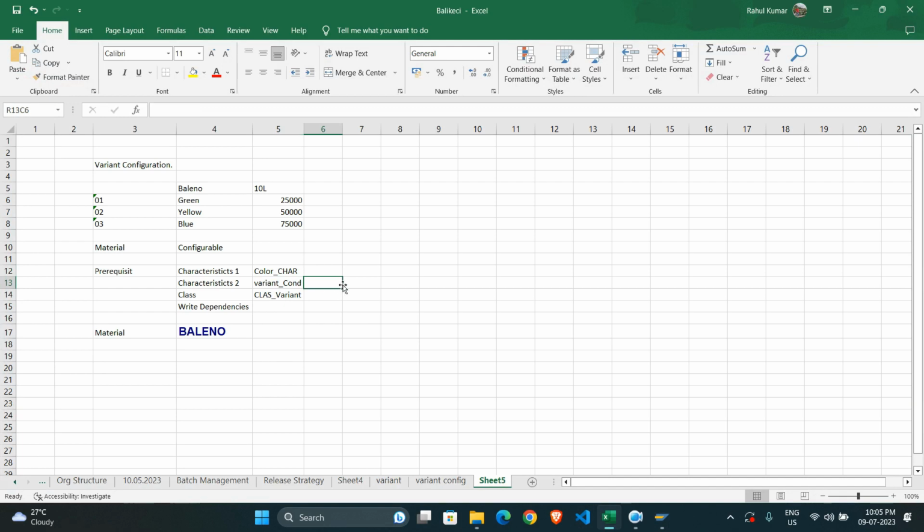See, in this variant condition we have assigned the data dictionary. We have fetched the data from the data dictionary, and in that one we have assigned the value. So for that, I have to create a relation between this characteristic and this characteristic. That means the data dictionary to the value characteristic. So first of all, I am writing the dependency on the basis of both the characteristics, and here I have to consider first this characteristic